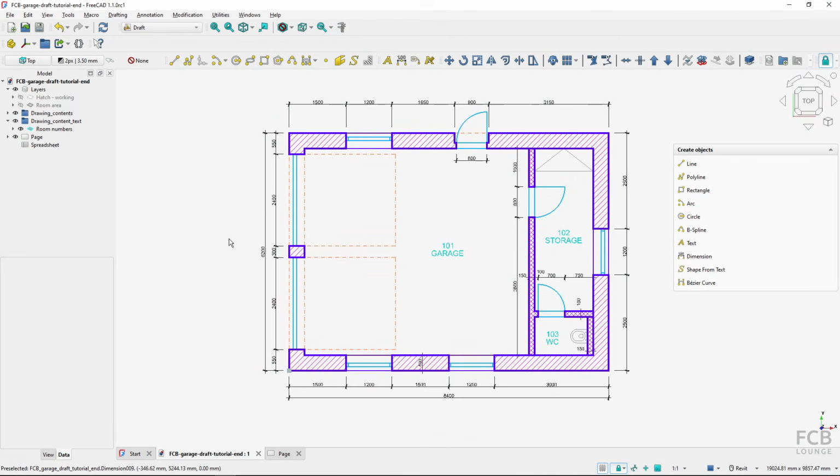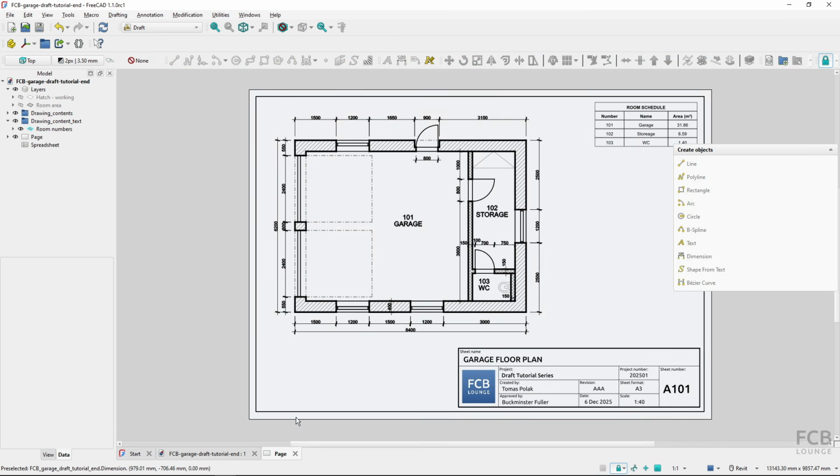Hi, I'm Tom with the FCB Lounge channel, and you are watching the first part of the FreeCAD Draft course for intermediate users. In this course, I will teach you how to use the Draft Workbench to create a 2D drawing of an architectural floor plan, which includes lines, hatches, dimensions, texts, and I'll also show you how to create